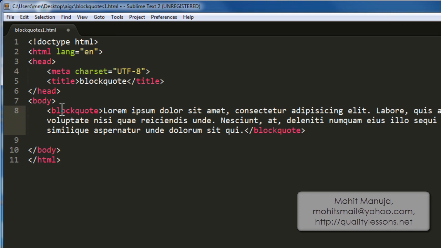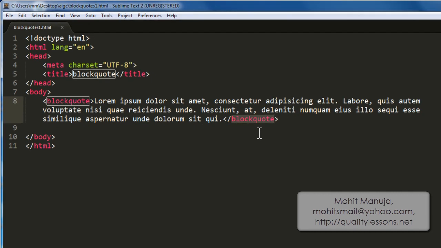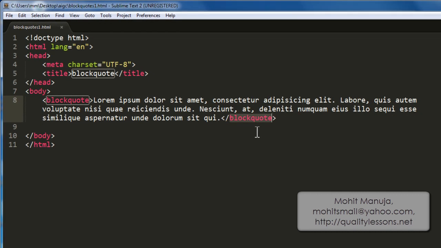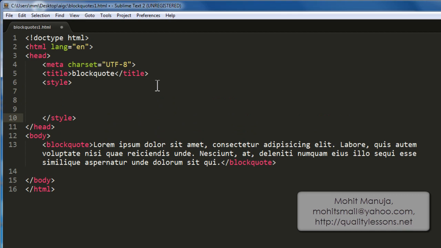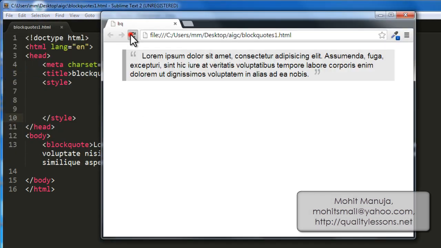See how beautifully the code expands due to Emmet. Let's save the document again. So in the opening and the closing block quote tags, people, I have some lorem ipsum or dummy text or text filler. Call it whatever you'd want to call it. Then after the title tag, let me type style, hit tab to expand the code. Right, so we're good to go now. We're going to start. At this moment, let me save the document, bring the browser up, let's refresh,